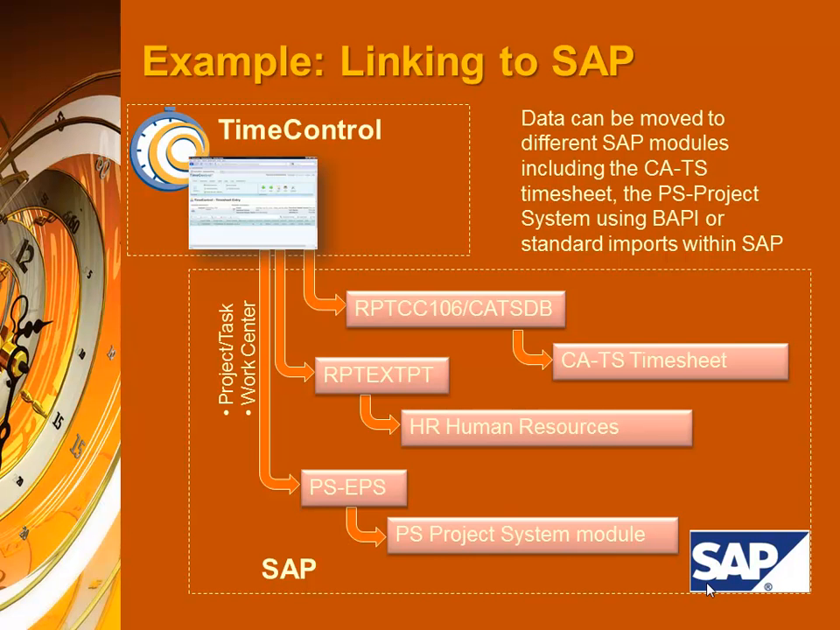Or you might go into the project system module, into the PS module directly using the PS EPS link that brings data such as timesheet data directly into the PS module. Or you might decide to go directly into the controlling module if all we wanted to do was bring in the exact costing to SAP for things like Sarbanes-Oxley compliance for an auditable trail. TimeControl would carry things like the work center number so that we could bring data directly back to the appropriate